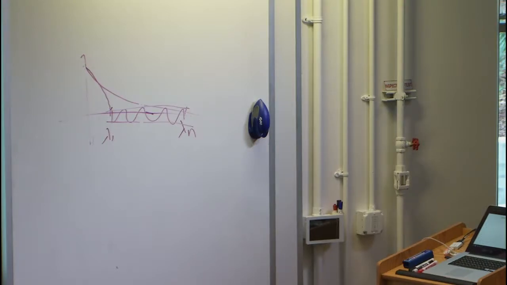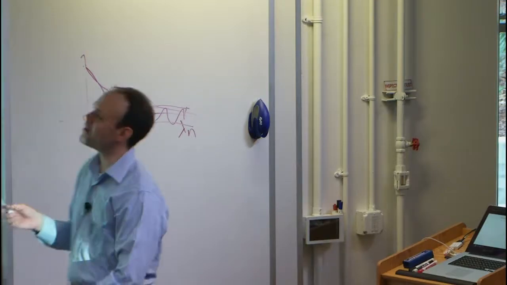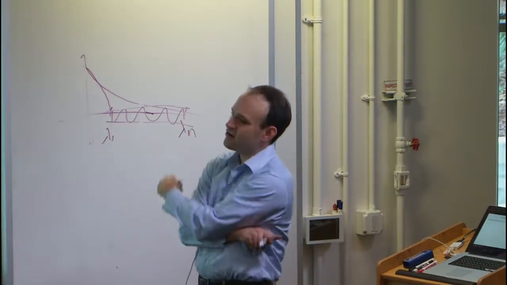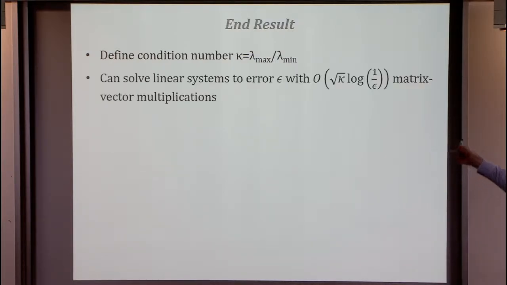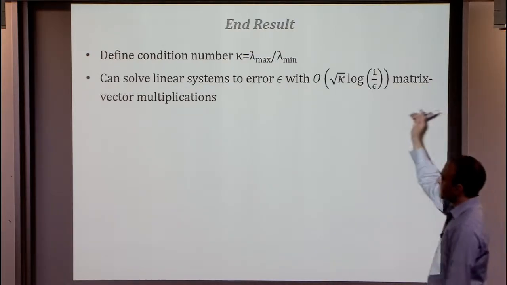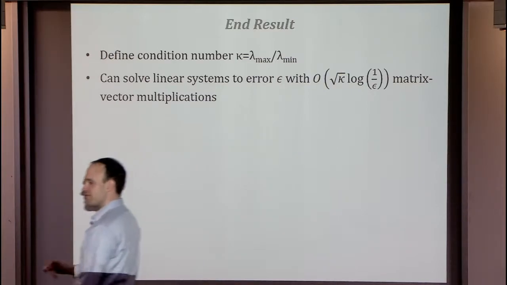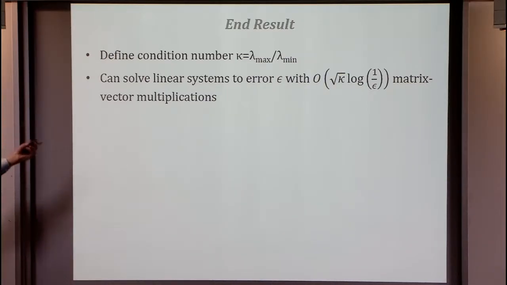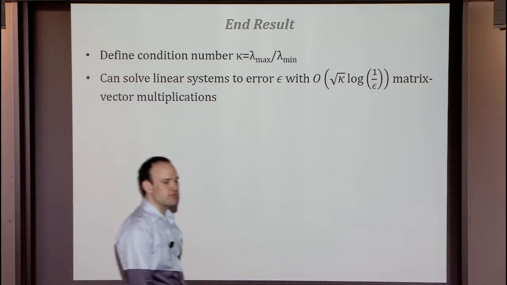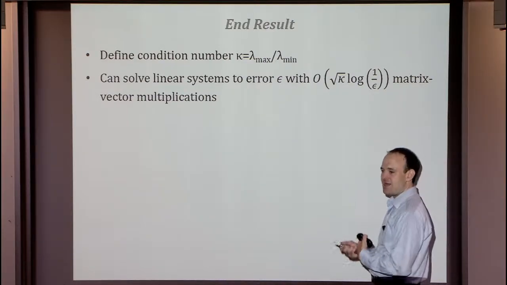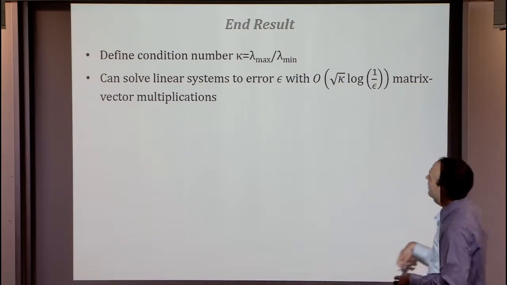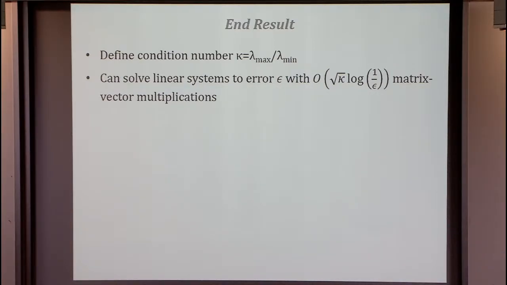Okay, so the upshot of all of this was that we now got our promised result, which was, given a condition number, we can actually solve linear systems in something that depends only on the square root of the condition number. So given any linear system, we have a simple iterative method that gets you to error epsilon in something like root kappa times log 1 over epsilon matrix-vector multiplies. The square root savings will be something we'll use next lecture when we do Laplacians to actually get the right running time that we want.